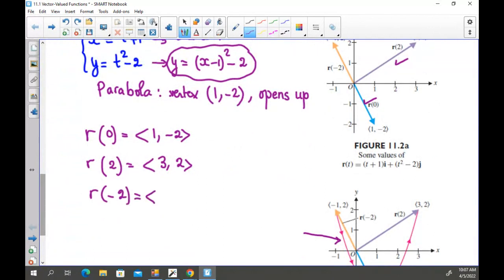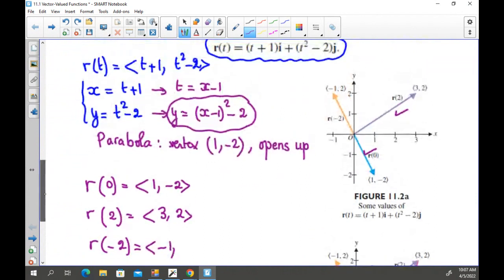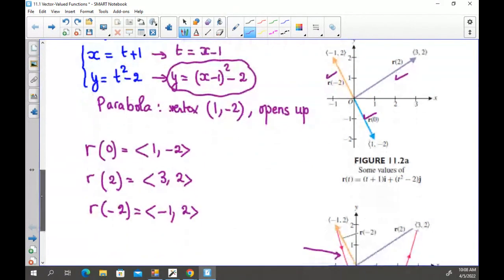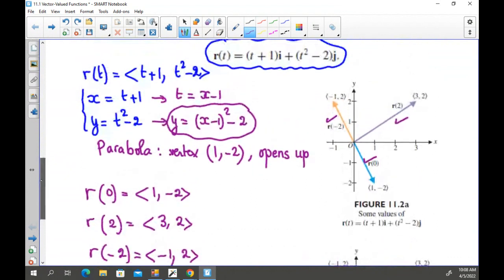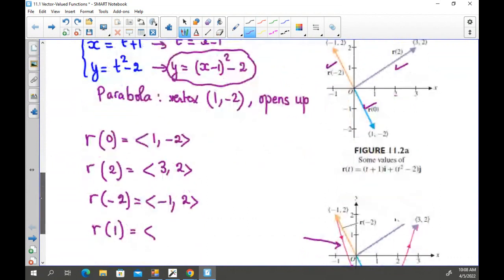If we substitute, it will be the vector minus 1, 2. You can see it here. So every t will give us a vector. How about r of 1? What will be the vector r of 1? If we wanted r of 1, 2